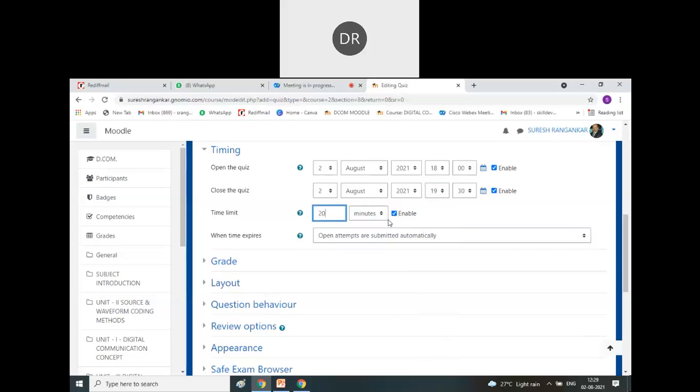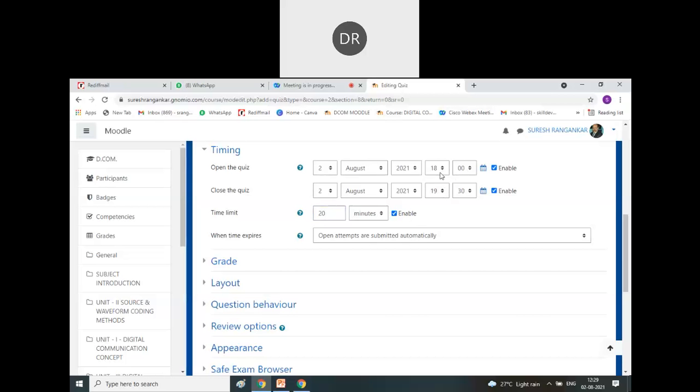So what is the meaning of this? It means the student can log in at any time between 6 and 7 p.m., but the timer will start once he or she logs in, and it will be automatically terminated after 20 minutes. That means the student has to complete the test within 20 minutes during this span, 6 to 7.